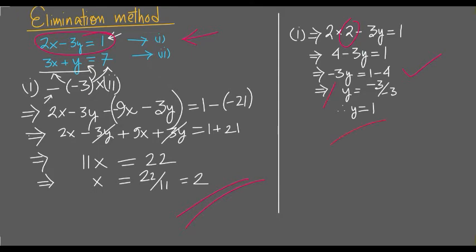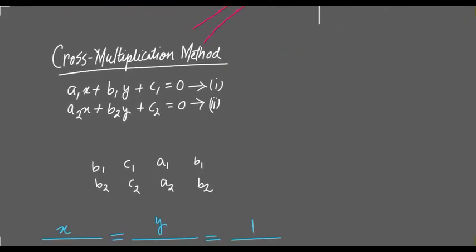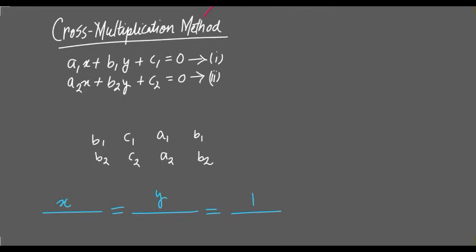So the required solution is x equal to 2 and y equal to 1. The last one of the algebraic methods is the cross multiplication method, and in this method you see the linear equations are being written: a1x plus b1y plus c1 equal to 0 and a2x plus b2y plus c2 equal to 0,